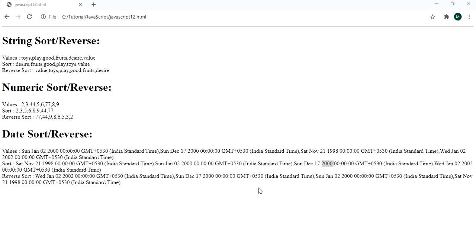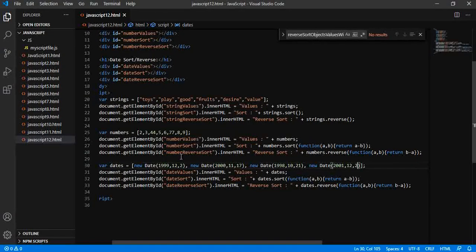Let us try to define the string of date by selecting the date like this, and then we will see the output.